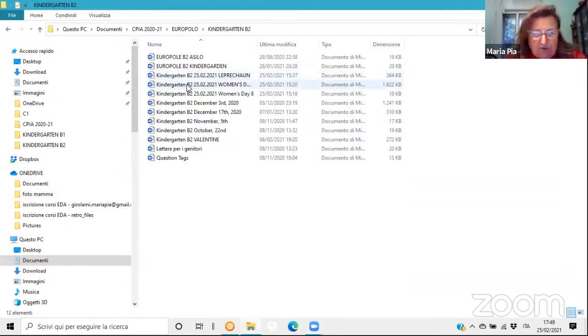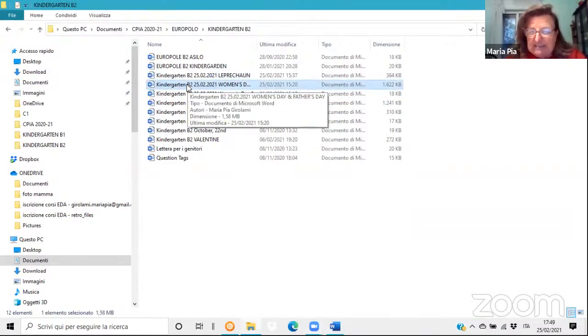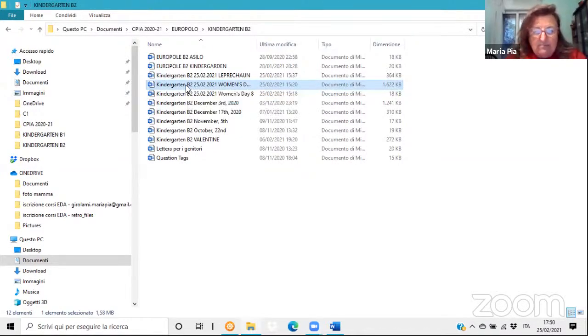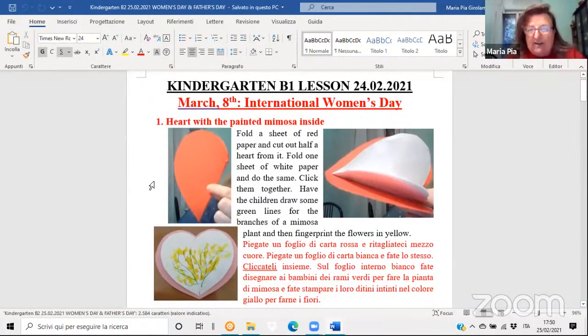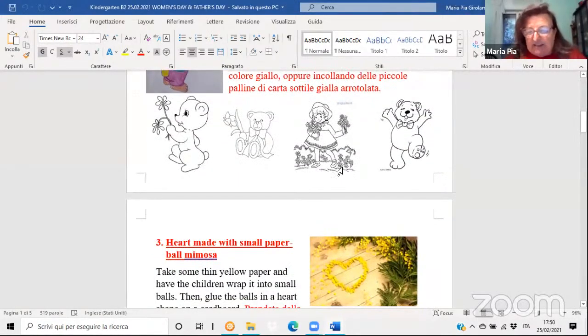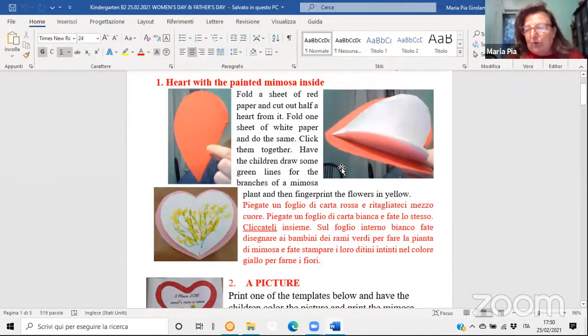But for the nearest future, per il prossimo futuro, I had prepared a couple of things. Actually, three different topics. Three cose diverse. On March the 8th, it's the International Women's Day. È la giornata della donna o delle donne. And you can take advantage of it to tell your children how important respect is, how important it is to respect everyone, and you know,